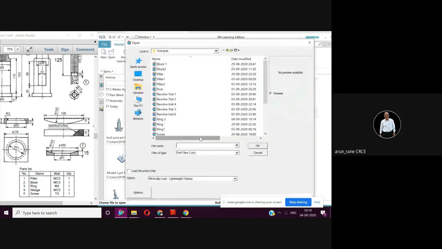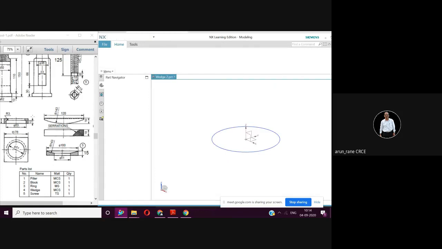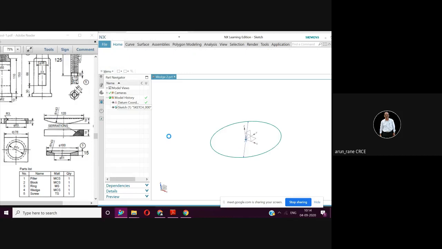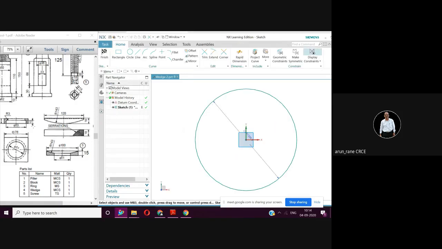Again, go to the file. Now wedge also. This circle diameter is 286. Now what I am going to do is just draw these two lines at a distance of 60 randomly. But first I will draw the center line from here to here. Later on you can delete that randomly.